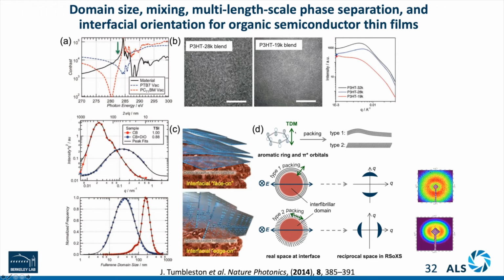Because, for example, you have a benzene ring sitting flat. If you have an incoming electromagnetic field vertical out of the plane, you can excite the electrons to the pi star orbital. But if you come in the other way, horizontal to the plane, you will not create such excitation. So this gives us a way to actually decouple the different molecular orientation together with the small angle scattering, and